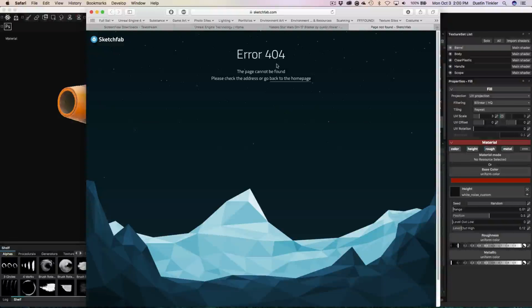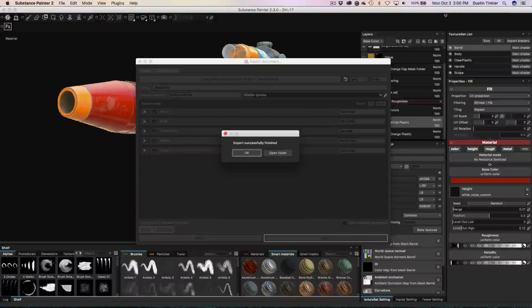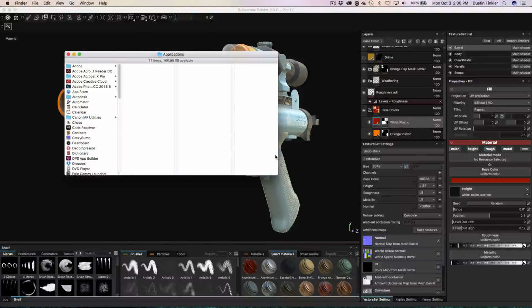Okay, so it finished and it brought me to this error page. No worries. Again, I'm not concerned about this actual upload, so I'll just close that. But now that this is done, we get this export successfully finished. If you hit OK, that's fine. I'll show you how to find this. But what you want to do is you want to hit Open Folder. And if you hit OK, just remember this path up here that you have and go to that location. So we'll hit Open Folder,